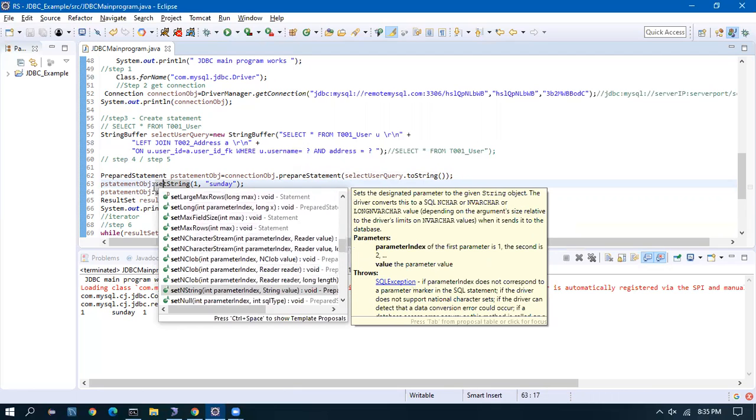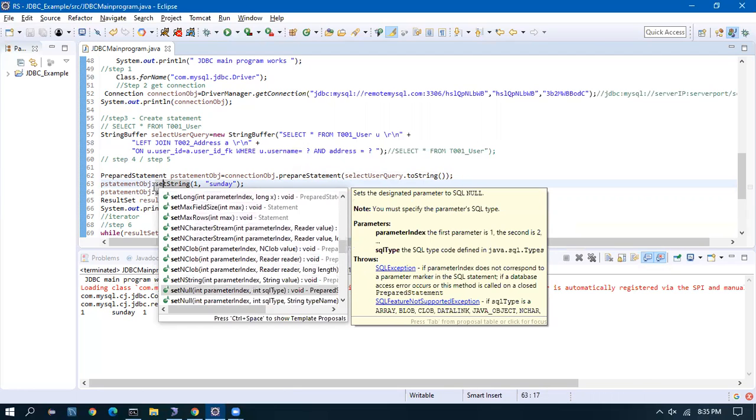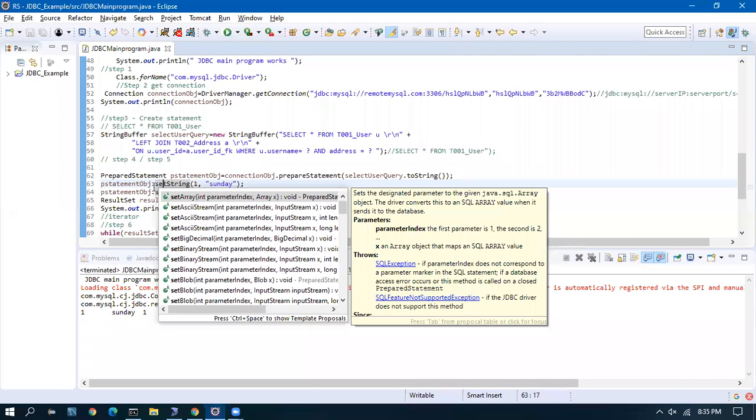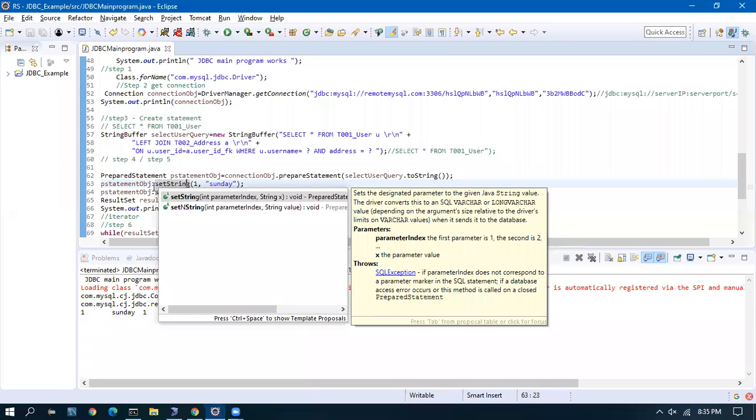Okay, no, it is not there. It is removed. There was one more method where we can set using a string. Now it is only using integer. The first parameter is always an integer.